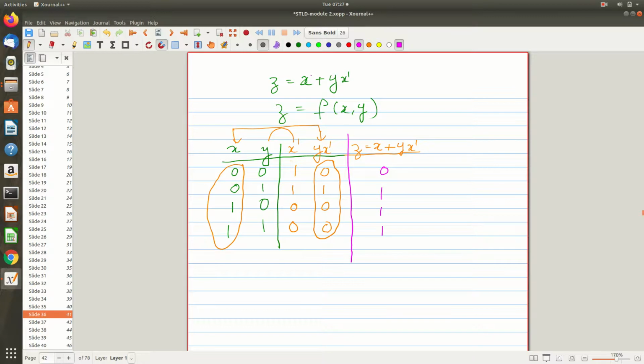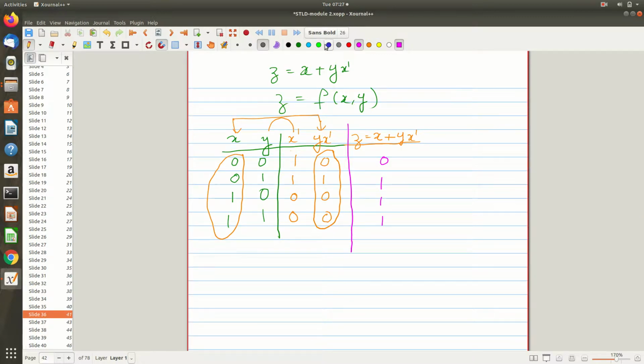Now how can you visualize it as a function? That is my question. A function is a kind of mapping between two sets, right? So I define one set containing all input combinations: 0 0, 0 1, 1 0, 1 1. Let me call it set A, simply as a notation. And B is another set, where the function always maps the entire expression to a value that is 0 or 1. That is what you have seen, right?